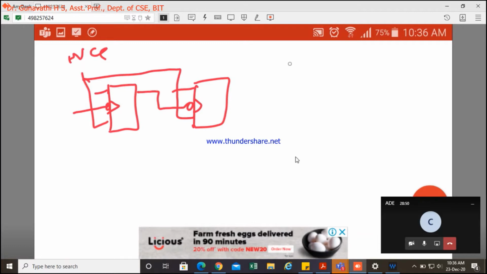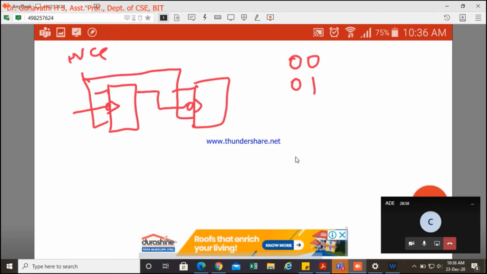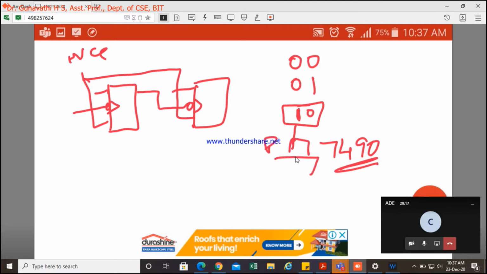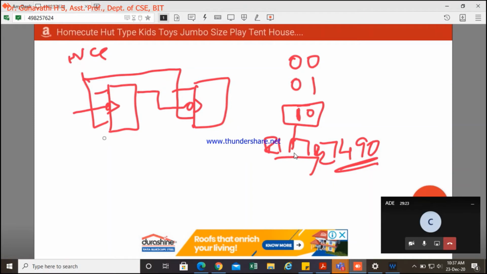Just tell me how you can do mod 3. Let us discuss mod 3, because only these 2 bits are the valid states. When it becomes 1 0, it has to reset now. Don't think in terms of the 7490 IC. If it were the 7490 IC, what do we do? When this bit was high, you just connect it to the reset pins of the IC, reset 1 and reset 2, and the reset will be done. That's it. But now you have to think about when it has to reset.